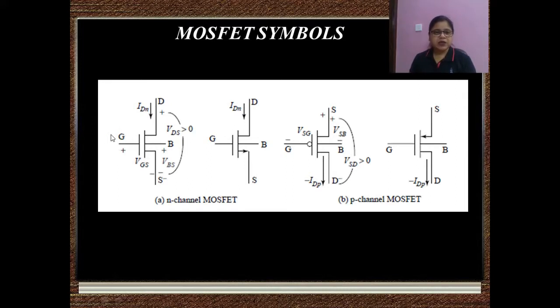Gate is the input terminal and the voltage is applied from this gate. Current flows in between drain and source. If it is an NMOS device, then current will flow from drain to source. If it is a PMOS device, then current will flow from source to drain. So in the NMOS, as the current is flowing from drain to source, it means drain will always be at a higher potential with respect to source. And if I talk of a PMOS, then current is flowing from source to drain. So source will always be at a higher potential in the PMOS with respect to its drain terminal.